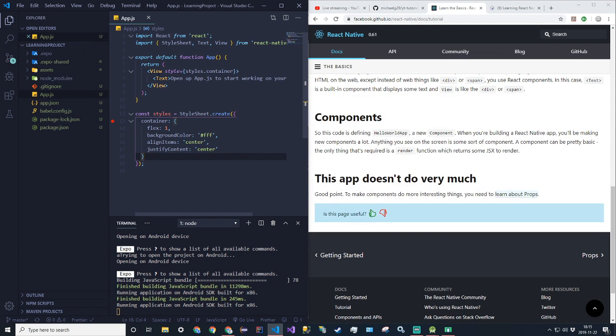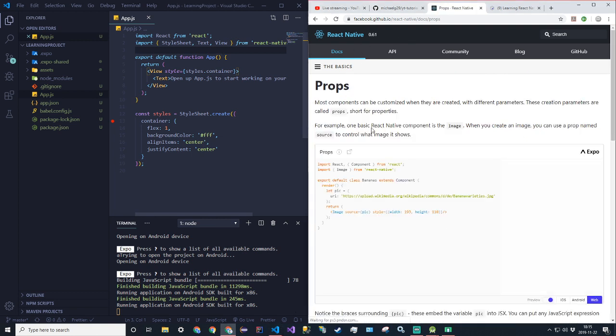Components: text and view are components, and we can also create classes that extend components. Let's look at the next thing, props. They can be customized creation parameters. One basic React Native component is the image. To create an image, you use a prop named source. The style is a prop too. It's just an attribute, like an XML attribute, but it's called a prop here because this isn't technically XML, this is JSX. So if I wanted to make an image,